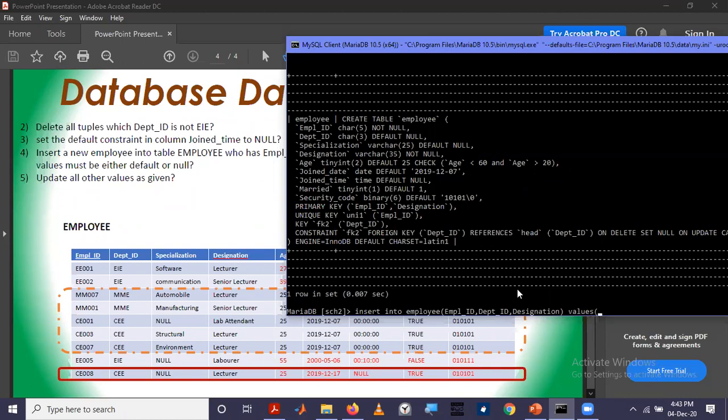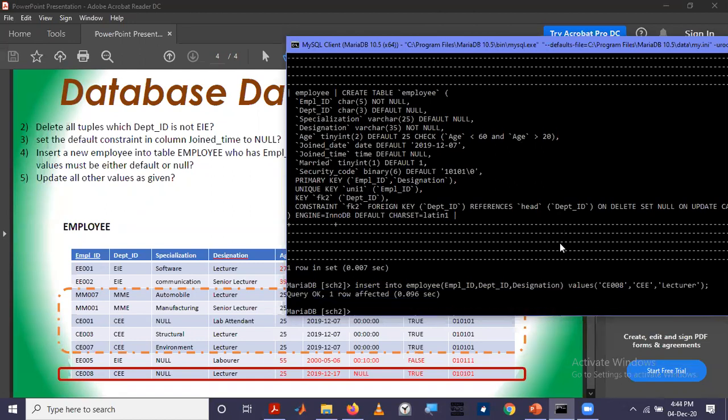Values: the values that we enter for these attributes. This one is CE008, next one is CEE, next one is lecturer. So it has been successfully added.